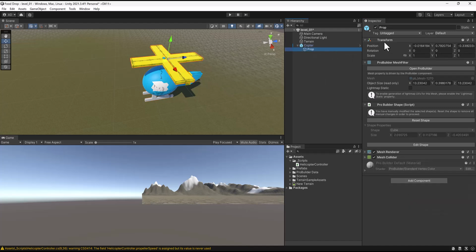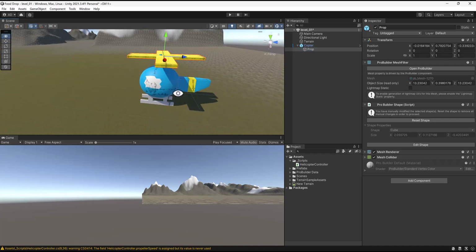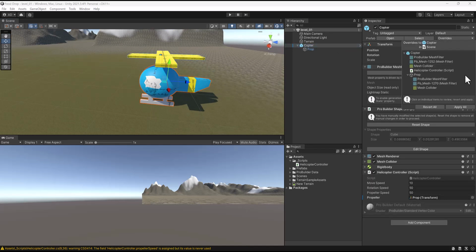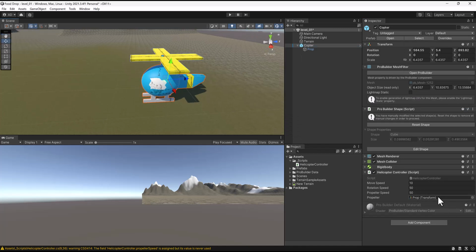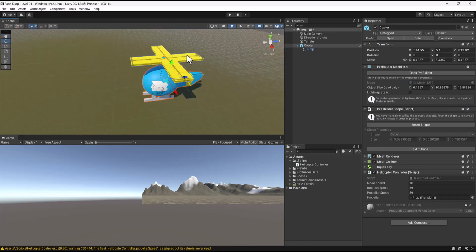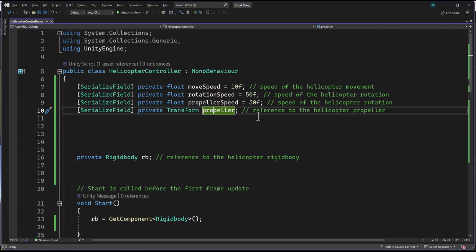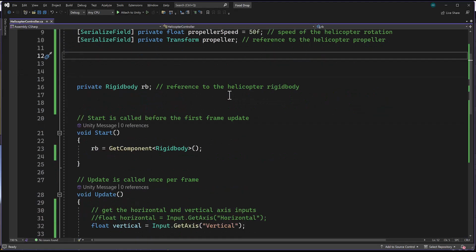So what I could say is transform.Rotate y at a certain amount, and it'll rotate it just like we were doing with the rotation of our helicopter. So let's save this, and let's make sure that we are always applying this when we need to lock in these values. Let's return to Visual Studio. I said Unity, but I meant Visual Studio. So down here at the bottom, let's just at the very top,